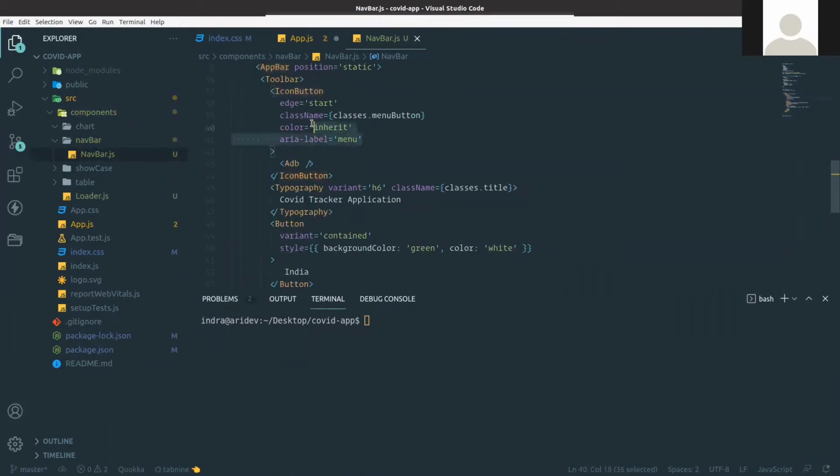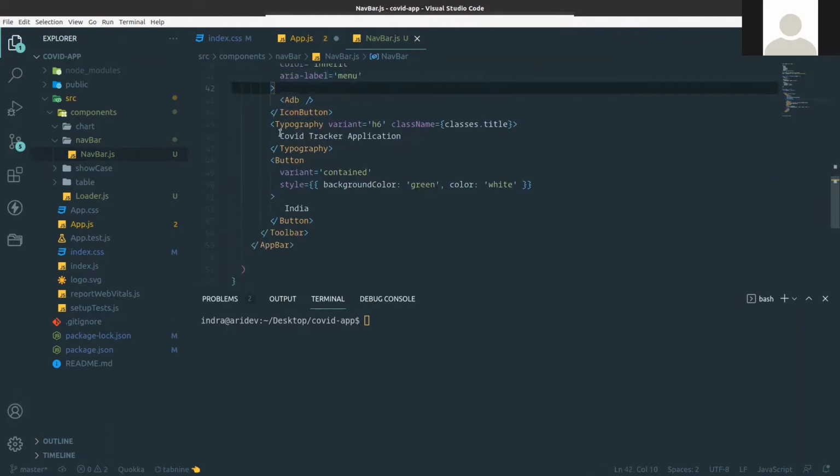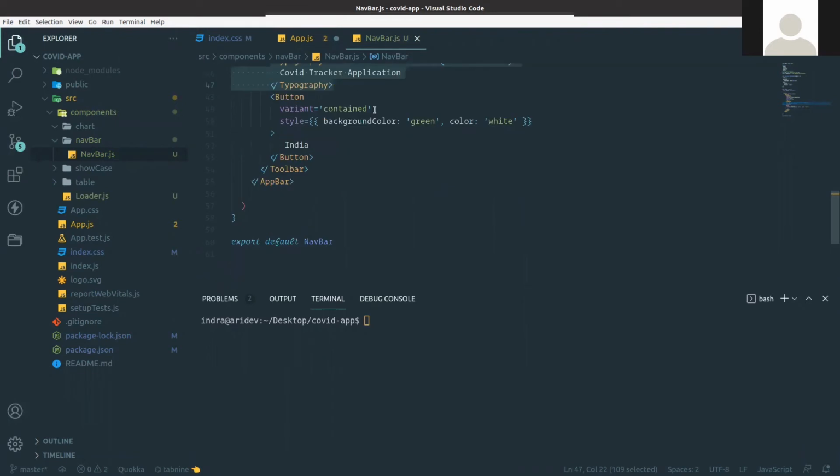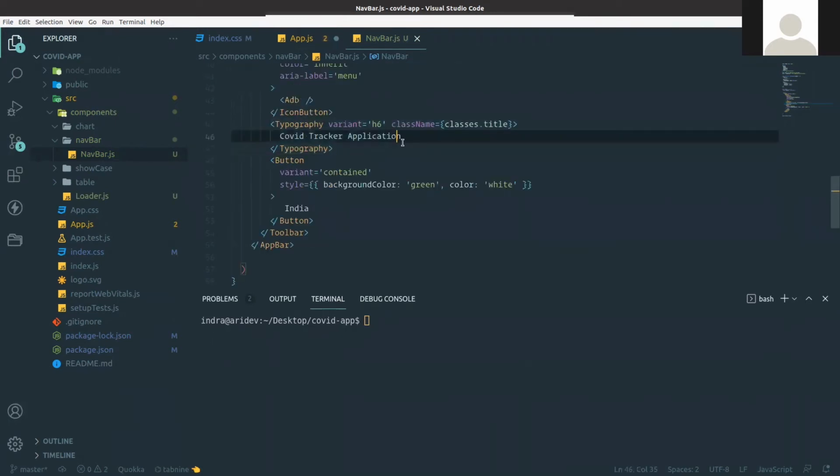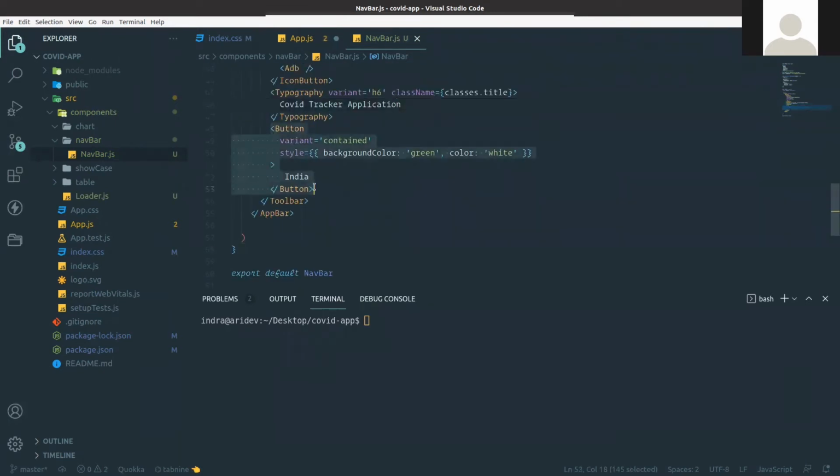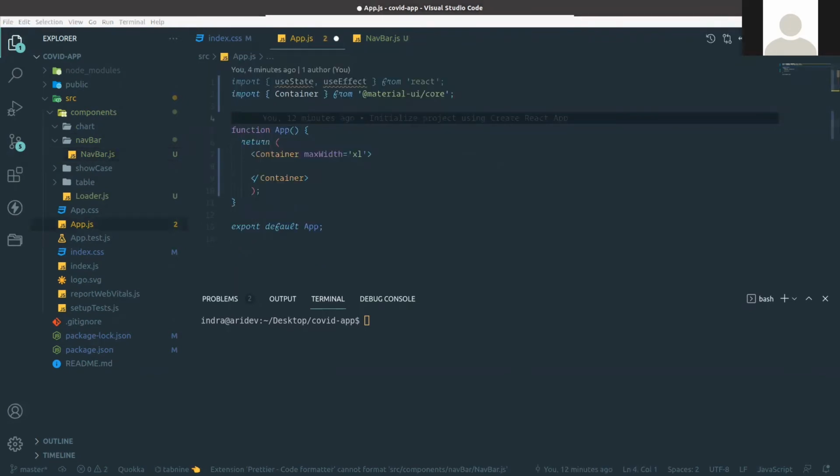Just follow me. This is the icon button. That JSX, I mean that HTML, I'm not going to explain. If you want to learn Material UI, this Material UI framework, then go to the Material UI docs. It is enough to learn. You don't need to see any tutorial video on all those things.